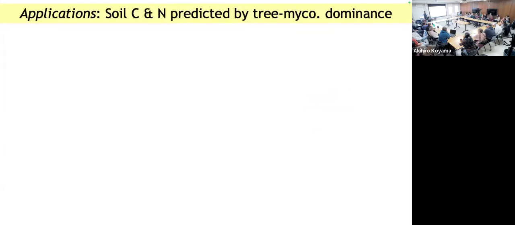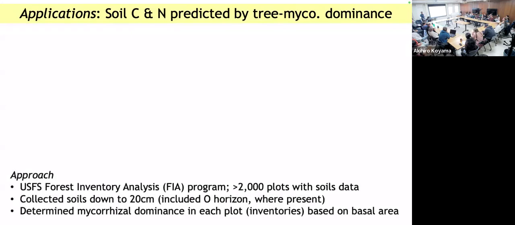Okay, so that's a lot of information. What do we do with this information? We're very interested in trying to make sense of this and put it into context. If there's more stable organic matter, what kind of predictions can we make from this? If there's more stable organic matter being formed under AM trees than ECM trees, maybe knowledge of the type of trees that you have in a stand can tell us something about organic matter dynamics across a broad spatial scale. So we did this work using the Forest Service, about 2,000 of these plots we got soil samples from